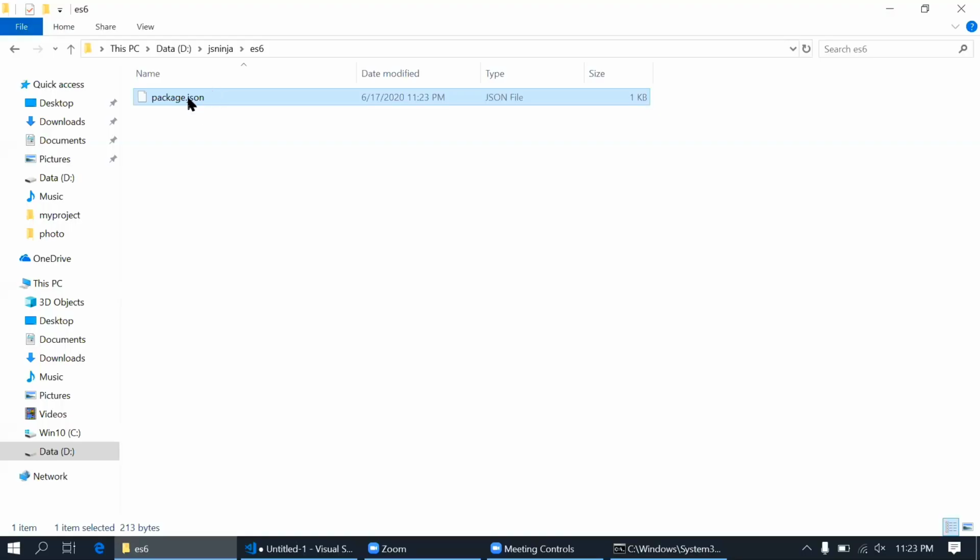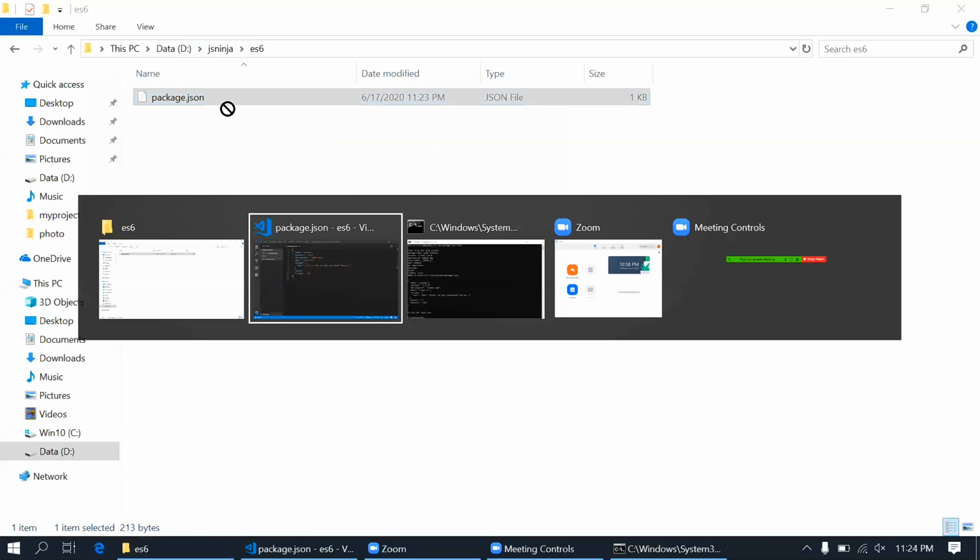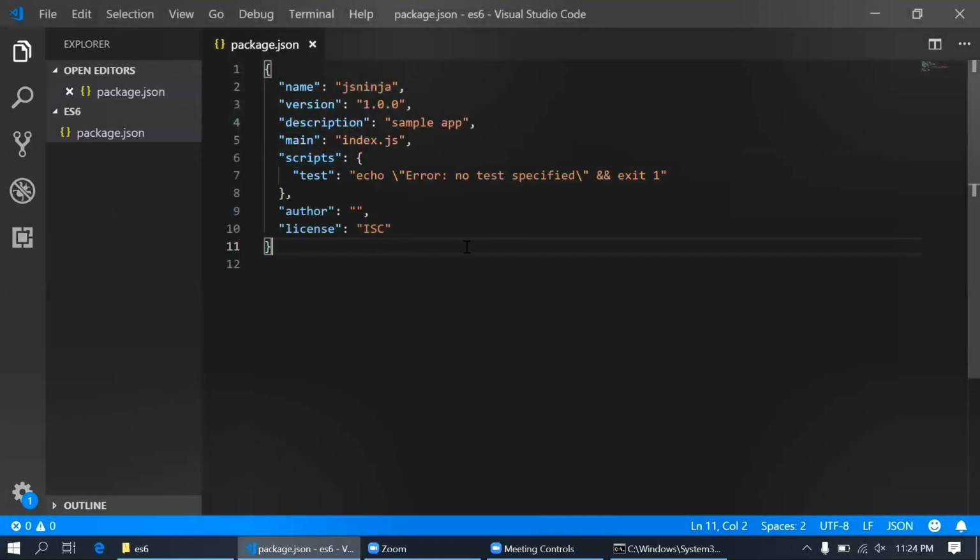So going to the folder, you will see package.json inside ES6. Now I'm going to open this package.json in our Visual Studio Code and let's see what it contains. Here it came, package.json, and it has name, version, description, and scripts. Inside scripts you can mention whatever script is needed to run your application, for testing, for ESLint errors, and for specific things. After that you can have dependencies and dev dependencies inside your package.json.